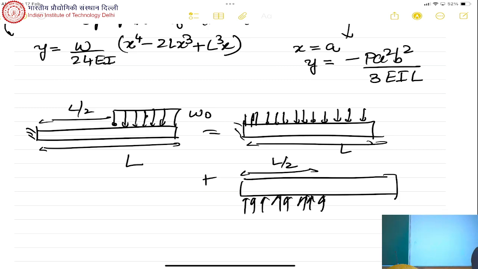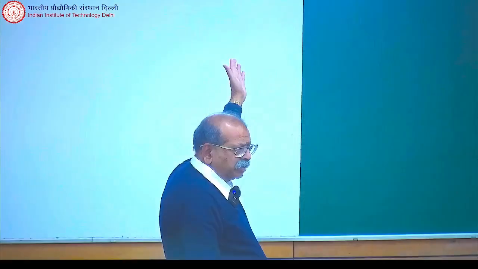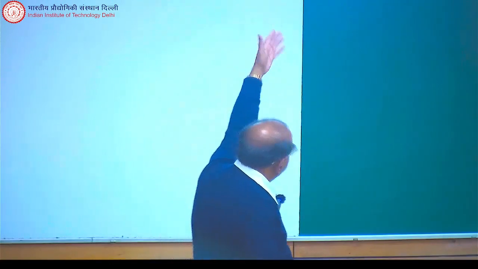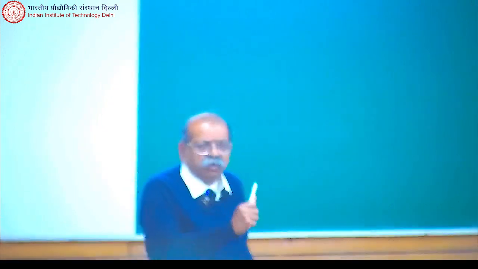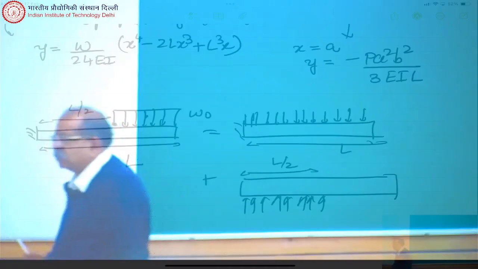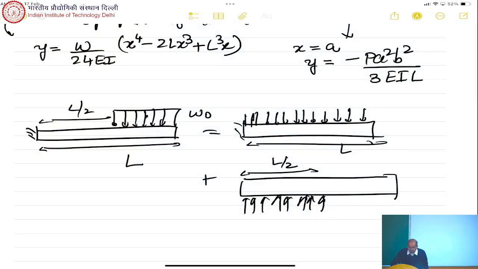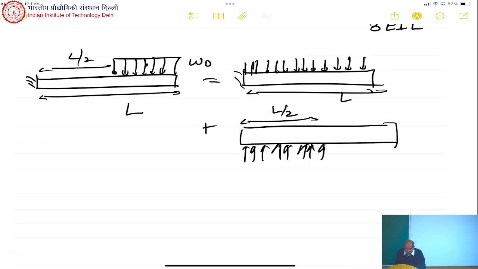So if you add the two, you get the right hand side, isn't it? And now you can use the same formula. In one of them it will be minus. If the formula is given for a downward load, then for the left hand side you'll have to use plus. Okay. Now also what you will realize is